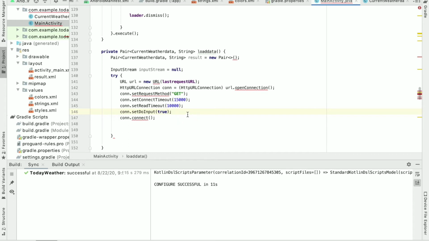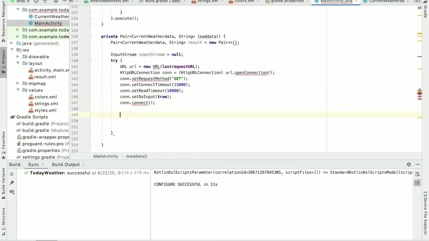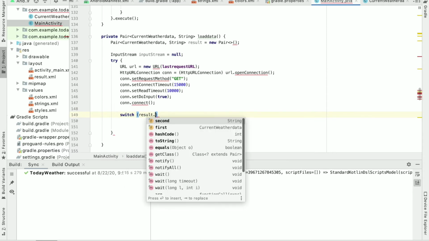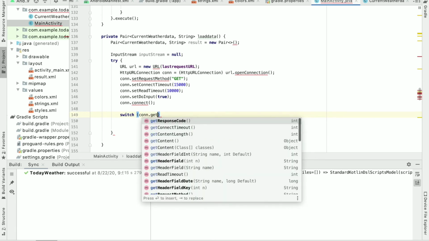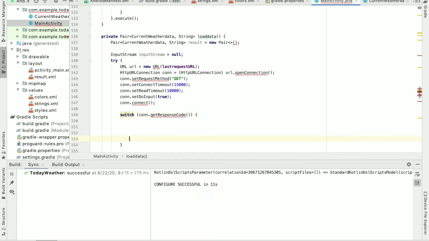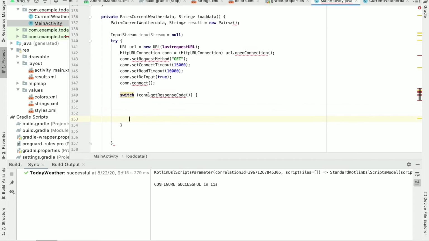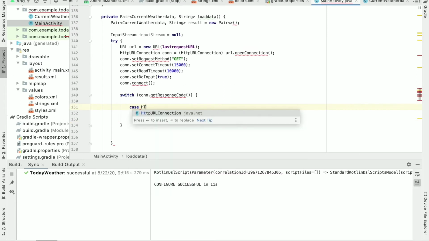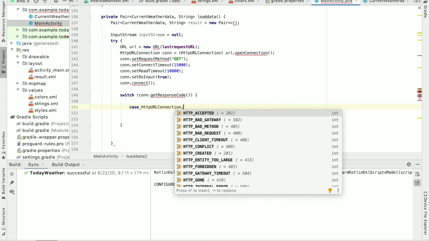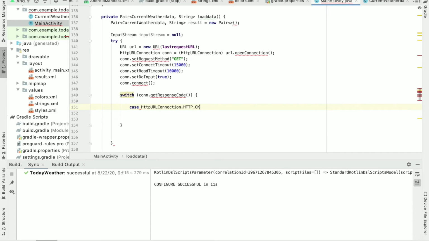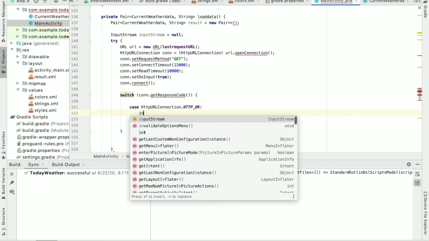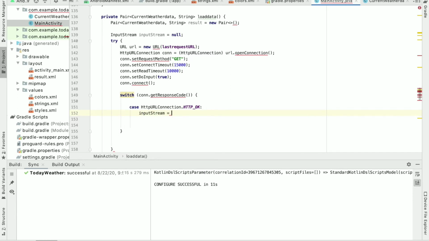Okay, and here we will create a switch scenario. So there are different cases when HTTP URL connection is okay, then what should happen? Input stream, new pair,